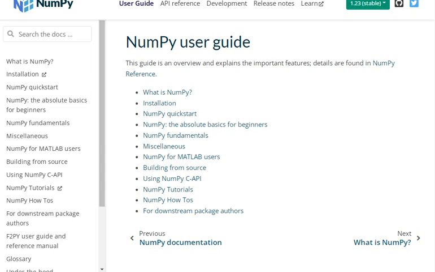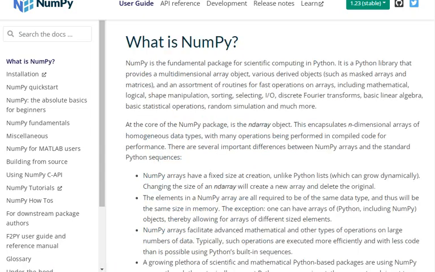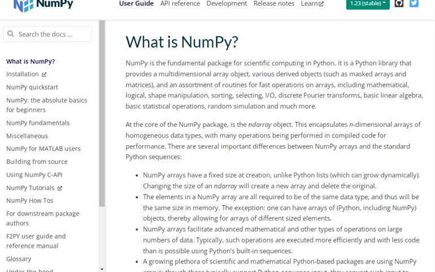So first, what is NumPy? NumPy is like numeric values. NumPy is the fundamental package for scientific computing in Python. It is a Python library that provides a multidimensional array object and various derived objects.